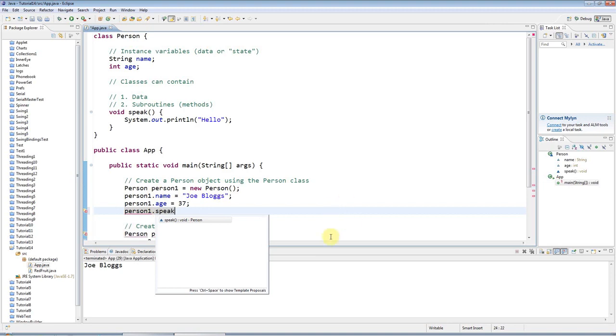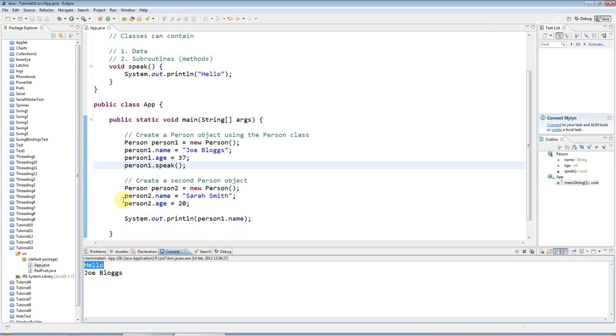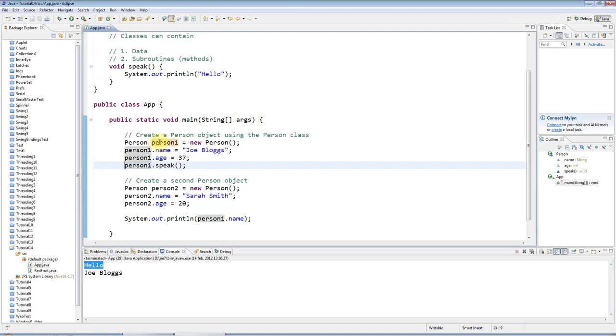And the important difference is that when you're dealing with a variable that's part of a class or an object, you just have dot and the variable name. But with a method, you have dot, the method name, and then you always need these round brackets like this, and then of course a semicolon. So if I run this now, I'm going to get hello output here, and this is coming from my person1